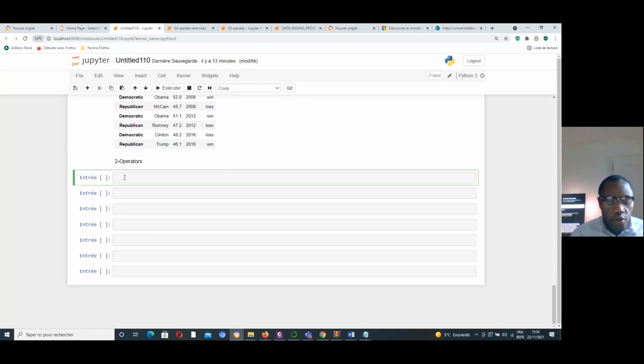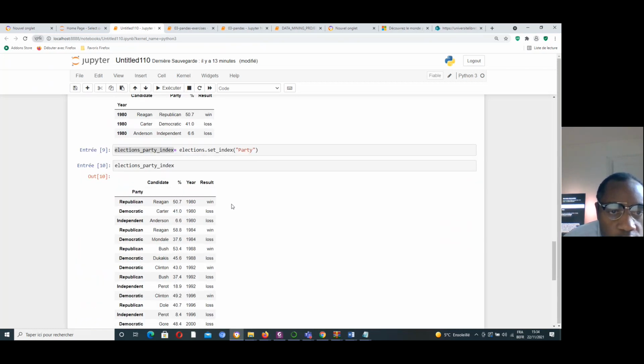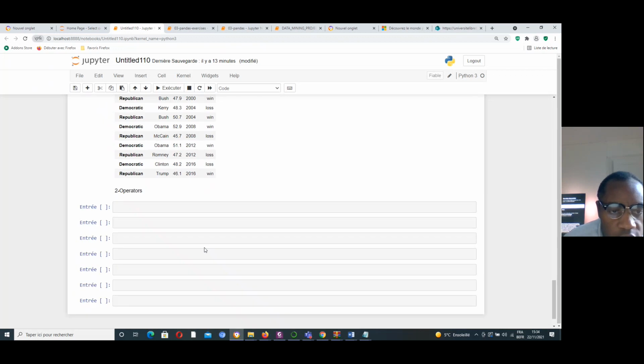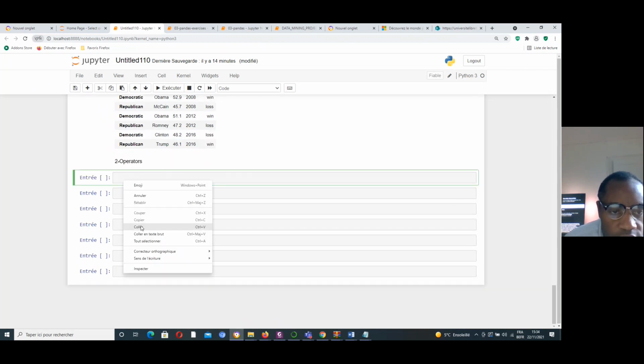If you provide a string to the operator, you get back a series corresponding to the request. Let's try an example. For example, if I take this one, I go there, I put it.